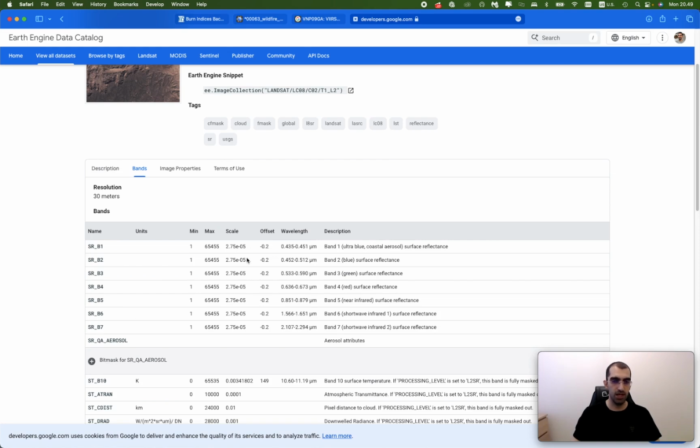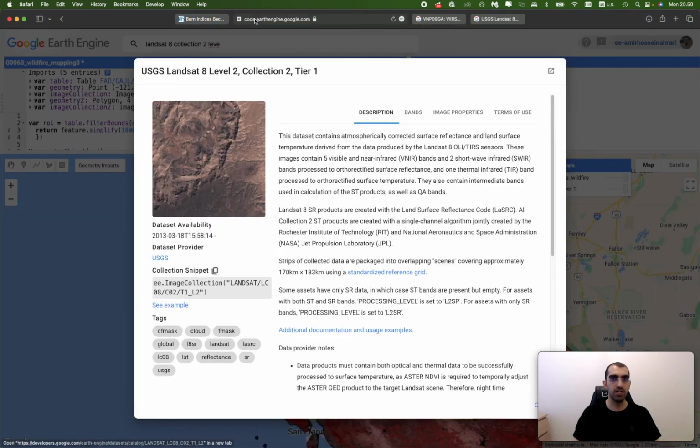So I need to get a scale and offset first, and then apply it on all surface reflectance bands, because I need to do visualization in the first step, and then I need to calculate the NDVI index to compare the vegetation changes after and before the wildfire,